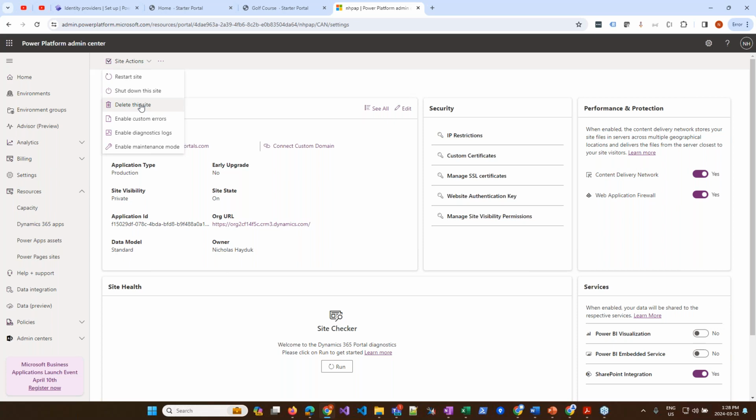It will not touch any of the data in Dataverse. That will only delete the Azure Web App resources associated with it, or any configuration that sits outside of Dataverse that Microsoft holds for you. So deleting the site, for the most part, isn't as scary as it might sound, because recreating that site is